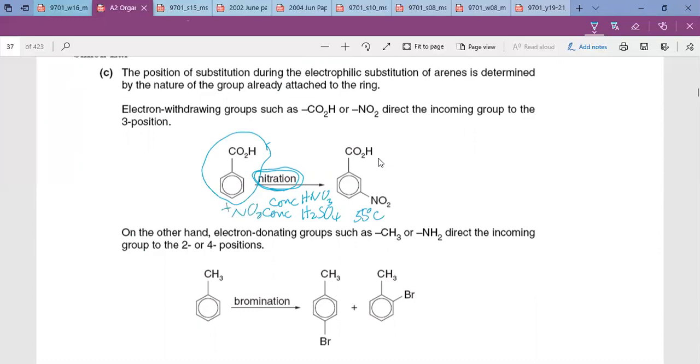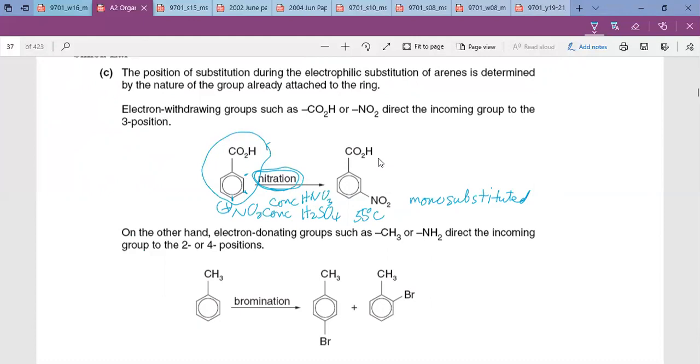So the NO2 positive here will enter the ring. Where will it go? Second, third, or fourth position? Now remember here they only want 1. It's called mono-substituted. That means only 1 hydrogen is kicked out. So from here to here,